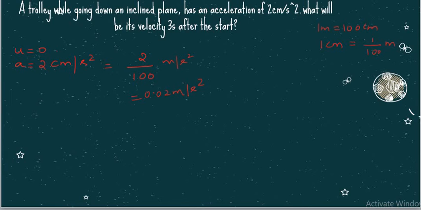And next, what have they given? They have given the time, that is 3 seconds. Okay, and what we need to find? We need to find the velocity v. So I will take the expression v is equal to u plus at. What is v here? I need to find. What is u? 0, a as 0.02 and time as 3. That is v is equal to